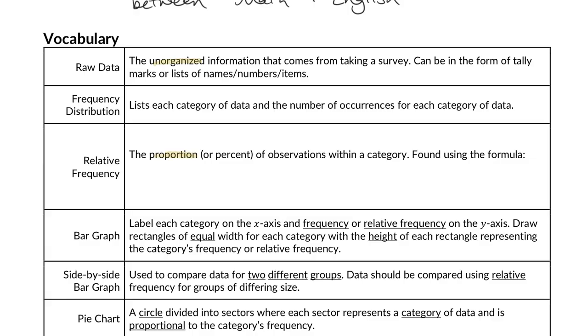Relative frequency, though, is the proportion or percent of those observations within a category. So for the first study we did today, our sample was all in one, so we divided by 26. For the other one, we were splitting it by two categories, math and English. So our relative frequency represented that. The formula that we use for relative frequency is as follows. Relative frequency is equal to the frequency we found of that response divided by the total number of responses in the study or in that category. Frequency divided by total gives me relative frequency.